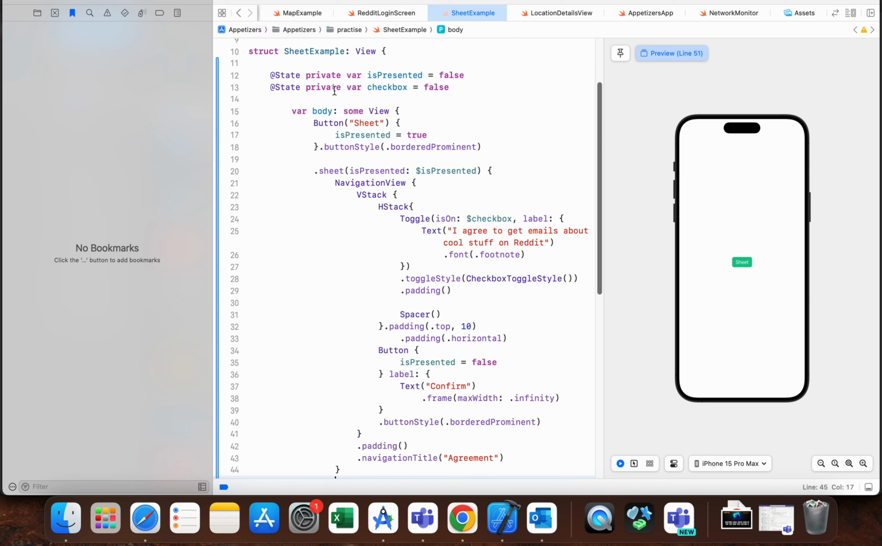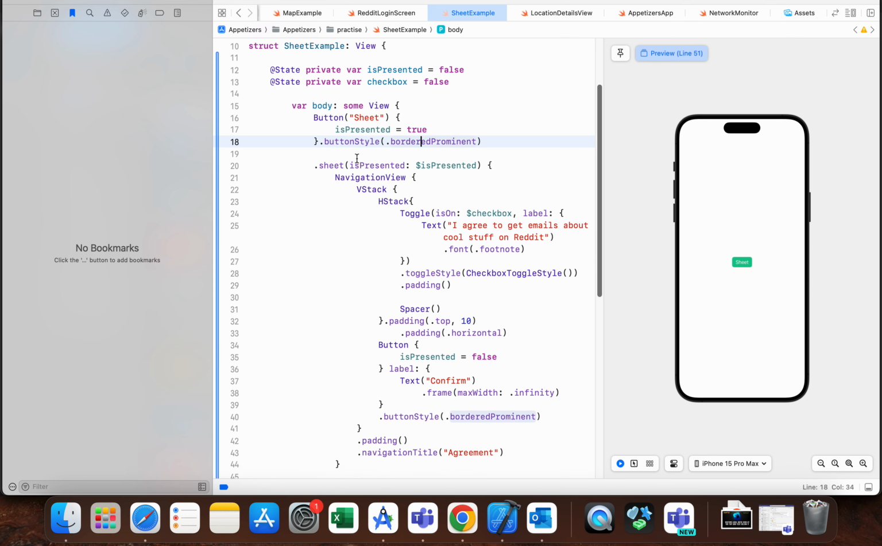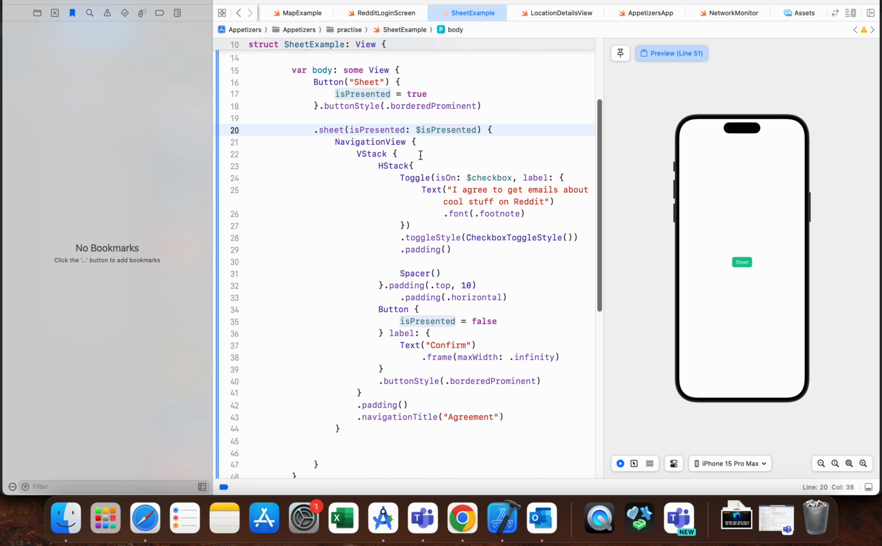I have two state variables, isPresented and checkbox. I have a button, sheet, which changes isPresented to true with some button style, and when it changes the state of isPresented to true, then we show a sheet which also has its variable for state, and inside this sheet is some navigation view with VStack, HStack, and some view